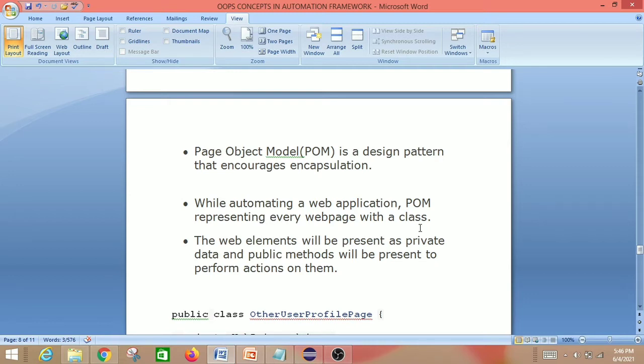That is called the page object model design pattern, and that is an example of encapsulation. In the Selenium framework, the page object model design pattern is an example of encapsulation, where we declare all the members as private and the methods as public in order to access the corresponding member variables, that is the element locators, in our test method.